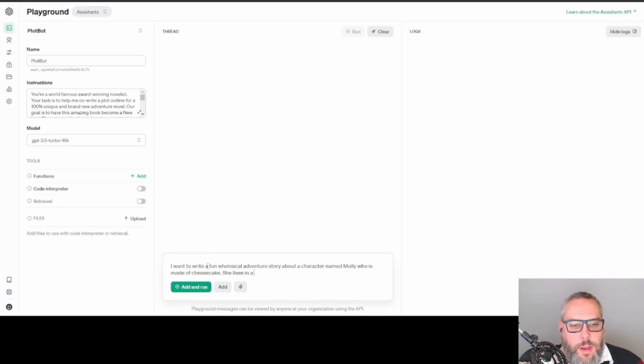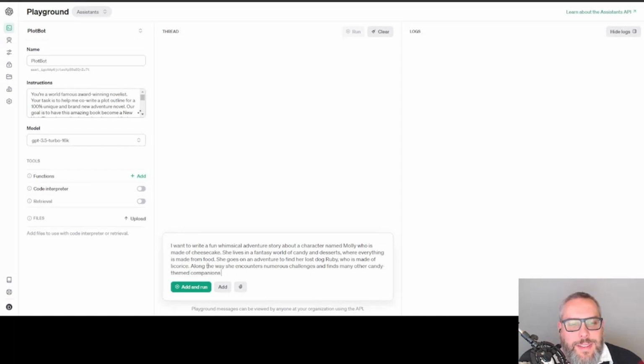She lives in a fantasy world of candy and desserts. Everything is made from food. She goes on an adventure to find her lost dog, Ruby, who is made of licorice. Along the way, she encounters numerous challenges